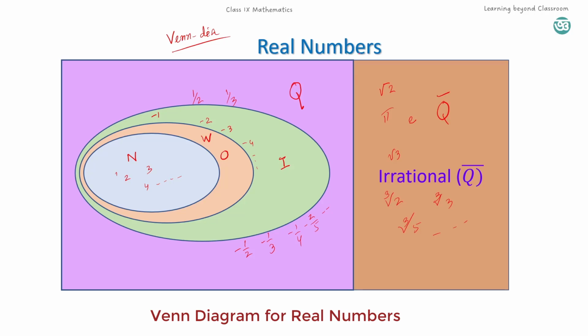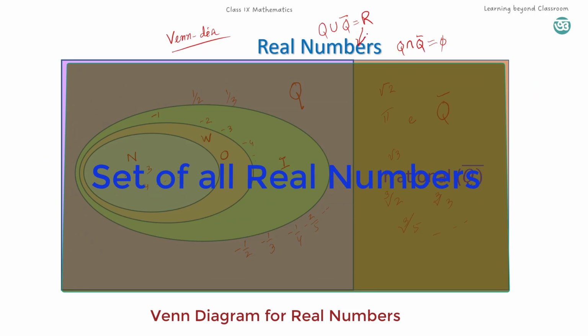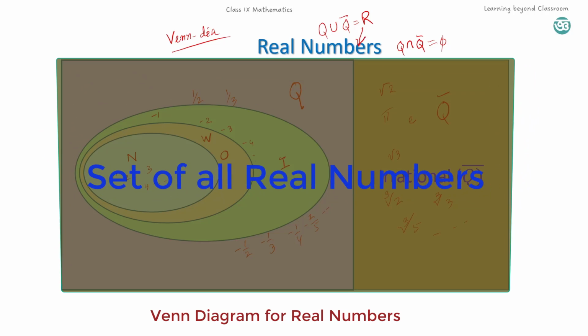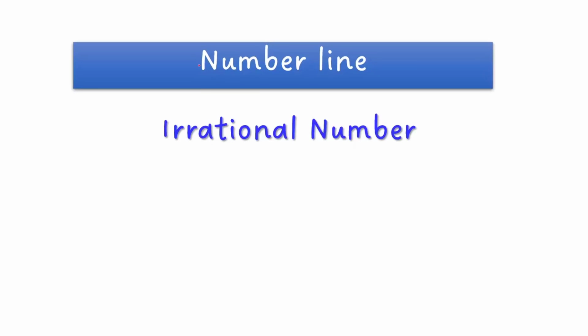So from this Venn diagram also you can understand that if we take the intersection of Q and Q dash, there are no common numbers, and this is a null set. And if we combine the rational numbers and irrational numbers, then we get the real numbers. These real numbers are the union of both rational numbers and irrational numbers. So this is all about irrational numbers. In the next part, we'll discuss the number line for irrational numbers, how the numbers √2, √3,